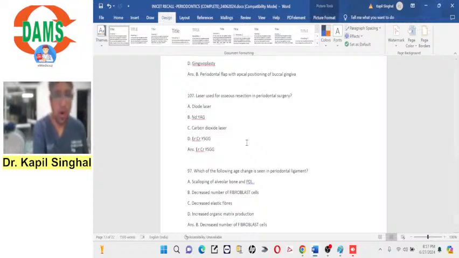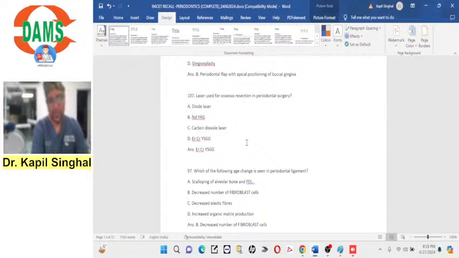Okay. So for osseous resection, first of all, the type of laser that we need is a hard tissue laser. So if I talk about a diode laser, it's a soft tissue laser. Out of these lasers, a CO2 laser and erbium chromium YSGG laser is a hard tissue laser. Now, if I choose a single best answer out of both of these, erbium chromium YSGG is a better option